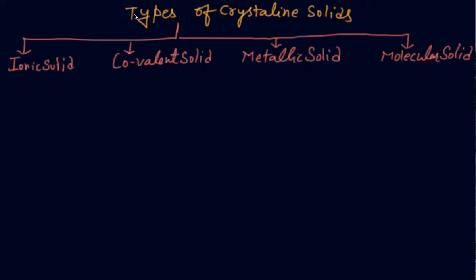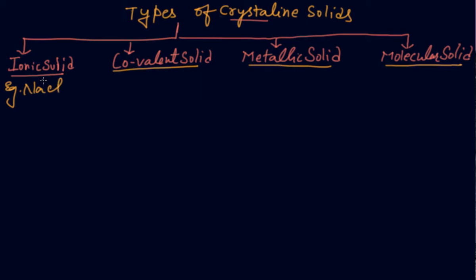Yes, my dear students, now we are going to discuss the types of crystalline solid. There are four types of crystalline solids: one is ionic solid, two is covalent solids, three is metallic solids, and four is molecular solids. Ionic solid, you hear in plus two syllabus, you come to know that the example,